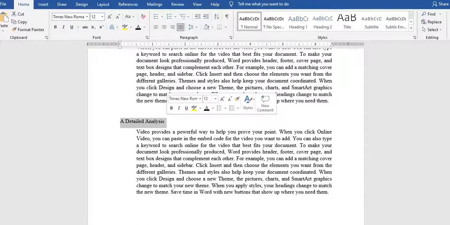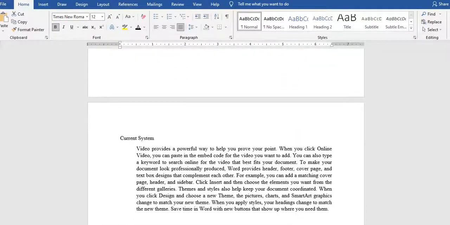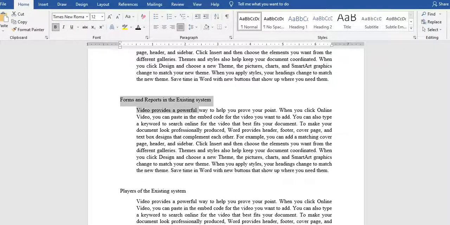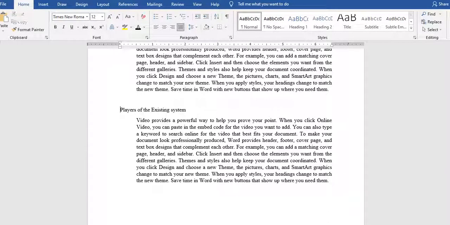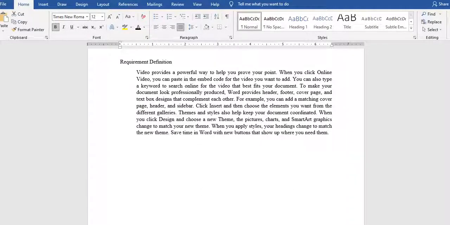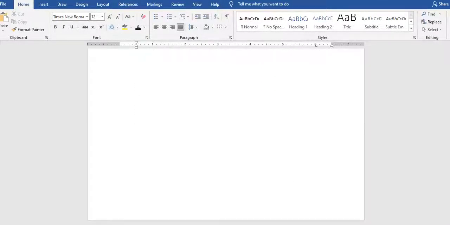Yeah, to differentiate. Here is the last one, bold. Okay, so now first let us